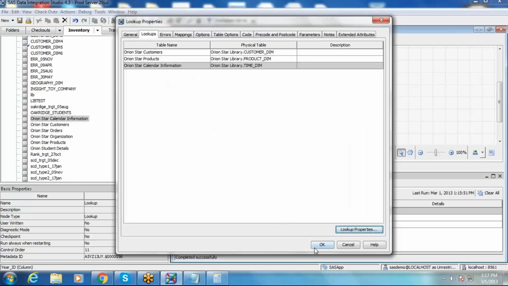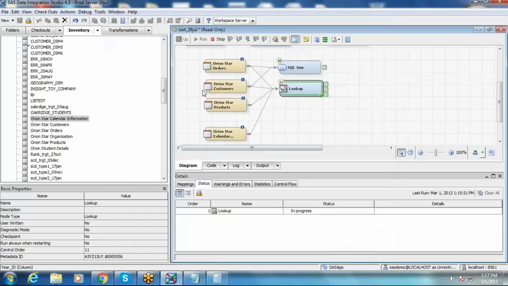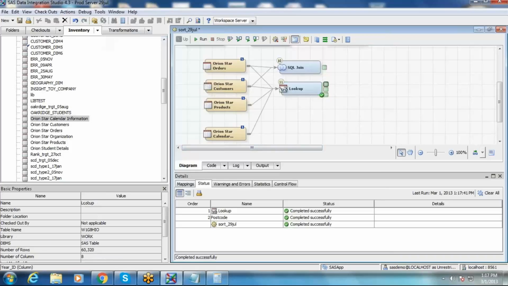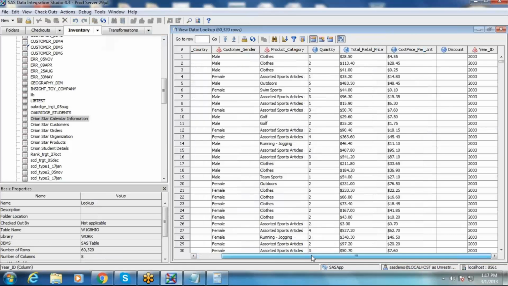The same way you can go with n number of lookup tables. Try to run it. Here you can see the year ID. Year ID at the end. I didn't change the position actually. So it is added at the end. Got it?